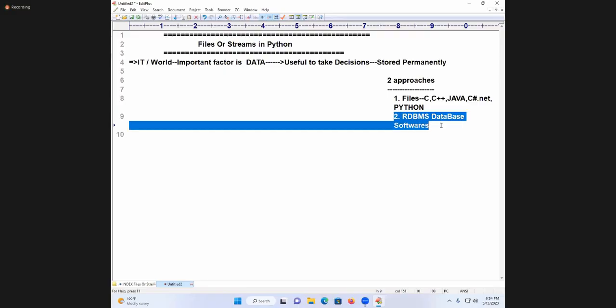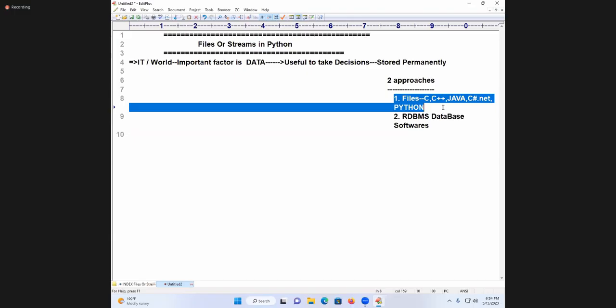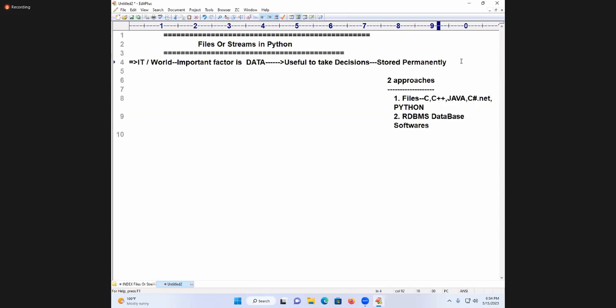Why do we go for RDBMS software, sir? There are five drawbacks in files. What are those drawbacks? I will explain in the class. And permanently storing is known as what? Persistency we can call it. Persistency. People say sometimes, be persistent. Persistence means remember everything, stored permanently. Listening one year, forgetting one year, that is called a non-persistent student. Persist means keep on maintaining the data.